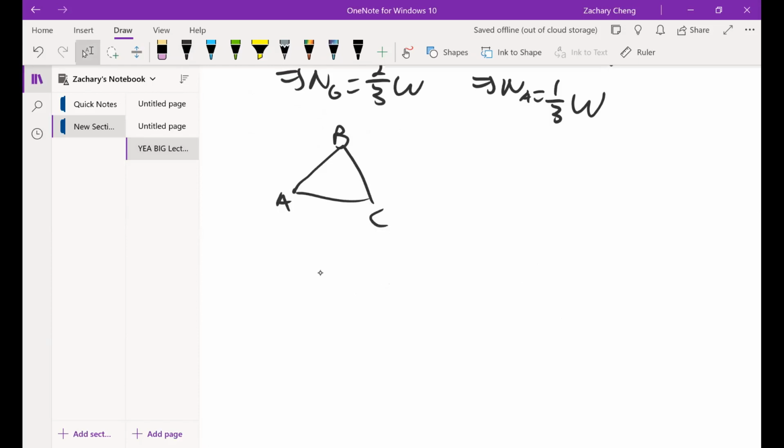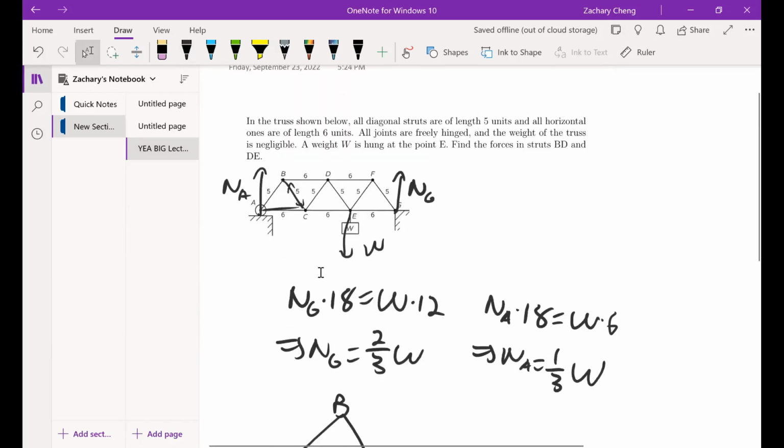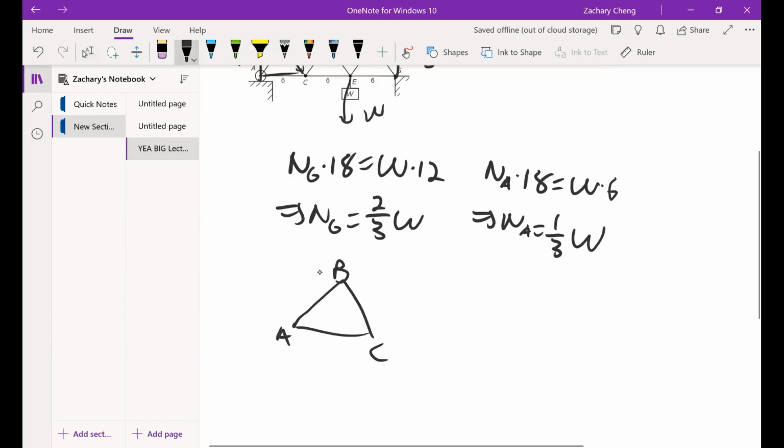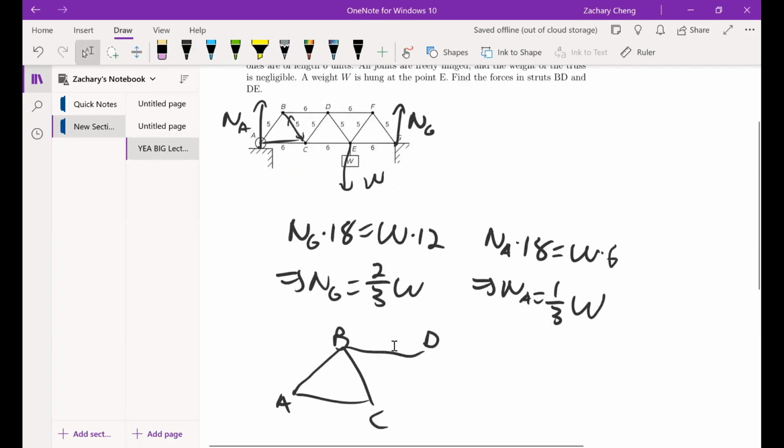And if we take the pivot to be C, then there's going to be a torque from BD. If you look, obviously the forces BC, AC and AB are internal forces, so they won't have a torque